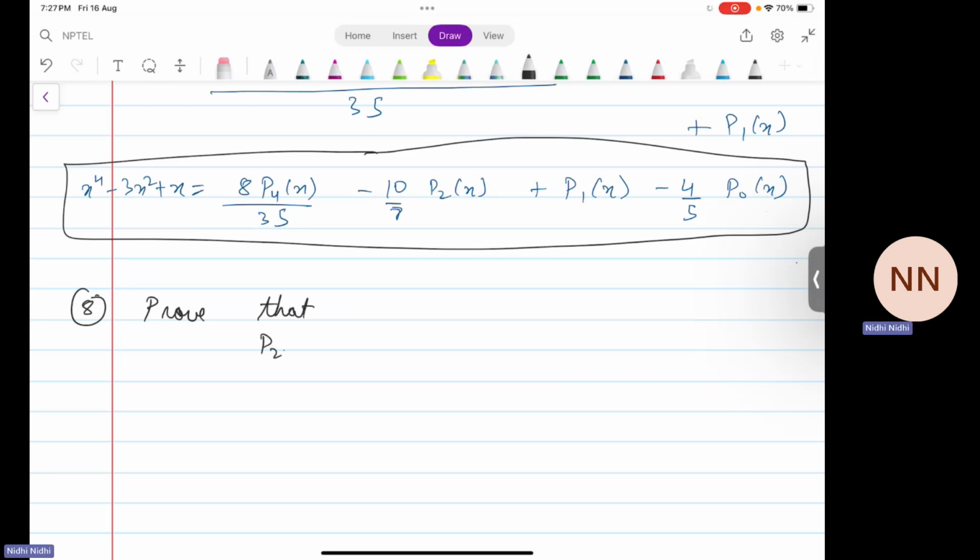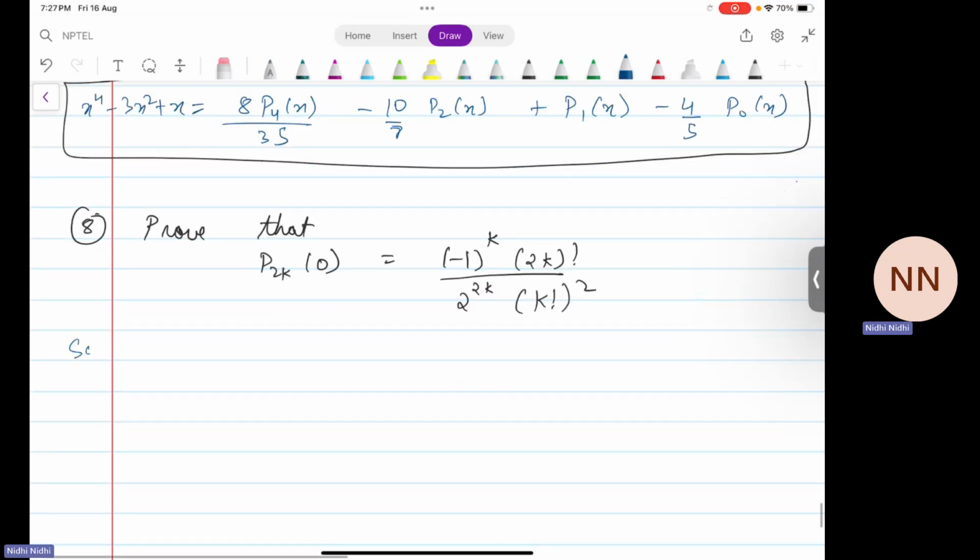the P2k at 0, this Pn is again the Legendre polynomial, is equal to minus 1 to the power k 2k factorial by 2 to the power 2k k factorial square. Solution. Now we know that